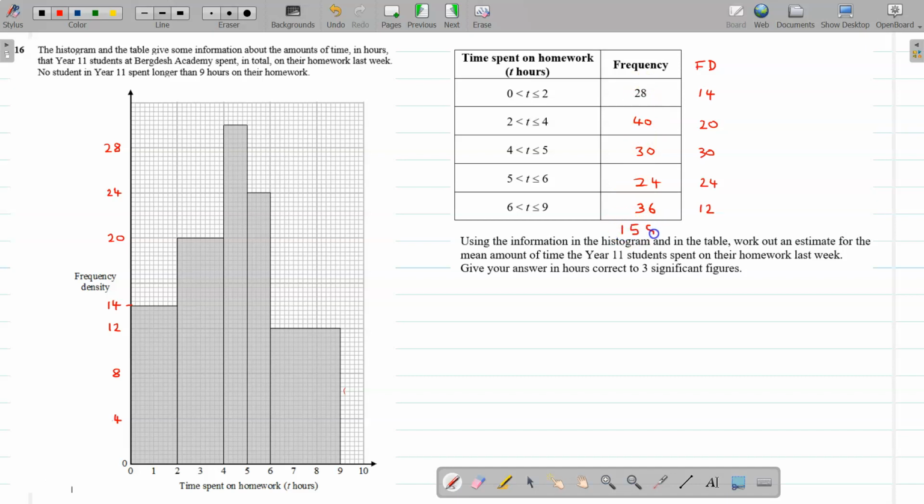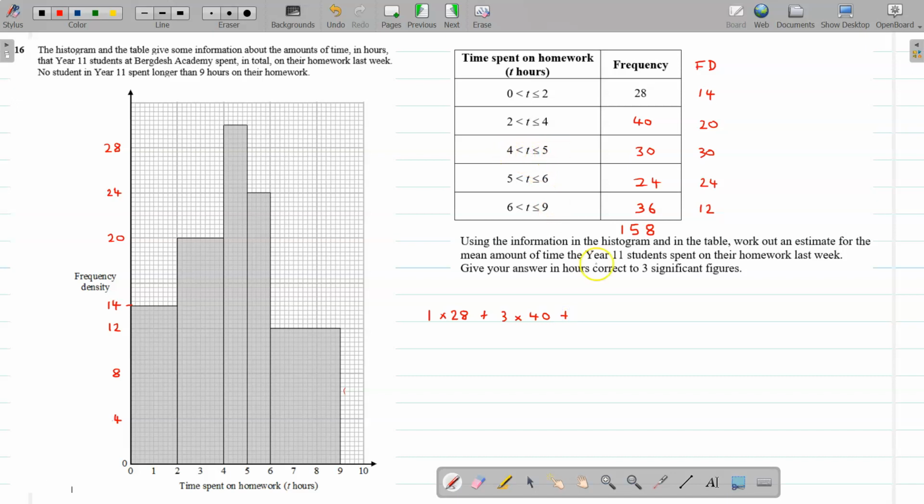And we've got to estimate the mean time that a year 11 spends on homework. Now, basically, we have to do the midpoint times the frequency. So halfway between 0 and 2 is 1. So I've got 1 times 28. Okay, and there's quite a lot to write down here. So 1 times 28 plus, now it's 3 times 40. Okay, 3 times 40. Then I've got